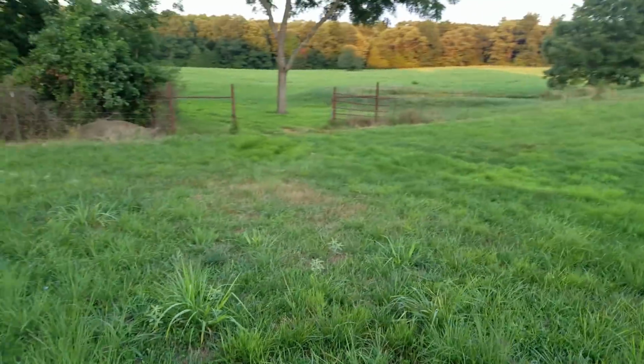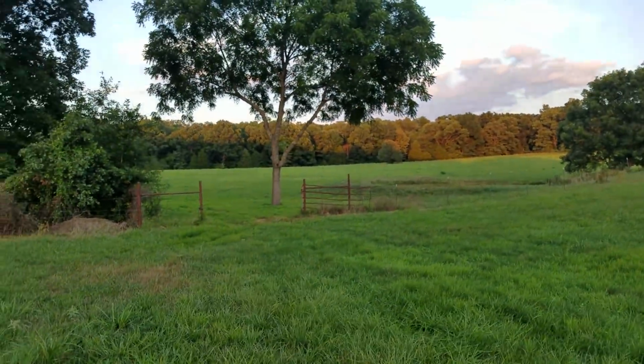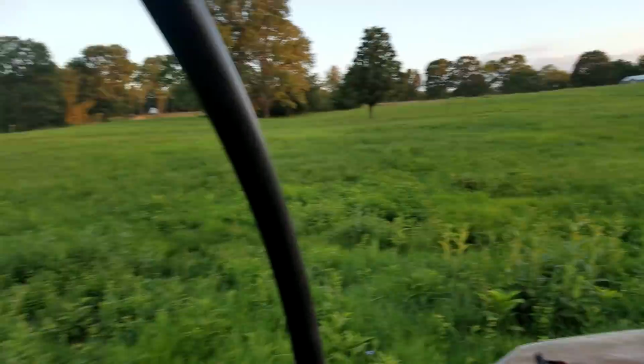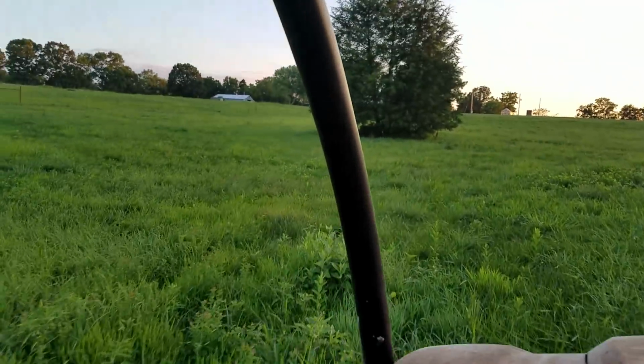I barely even knew there was a gate there. I trimmed that tree last year, and look at that. That's just awesome. Love that tree. Anyway, whatever. I know it's kind of whatever, but...